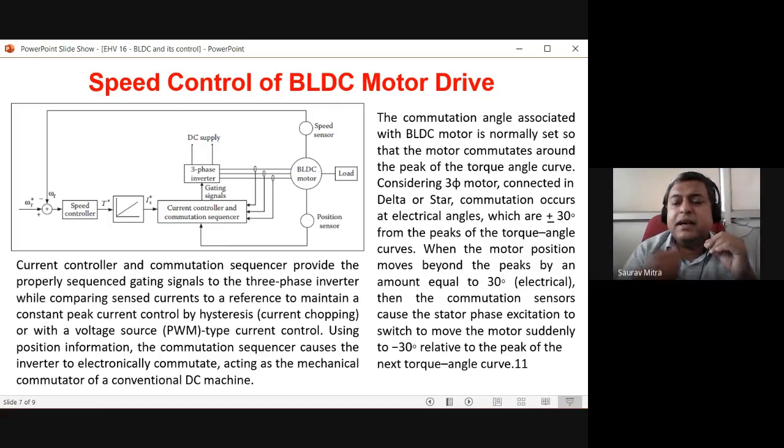Whenever the sinusoidal amplitude is more, there we are finding more pulse width. That means more energy is given to that phase. Whenever the amplitude of the sinusoidal input is less, at that time we are generating less pulse width. That means less energy is given to that stator coil.